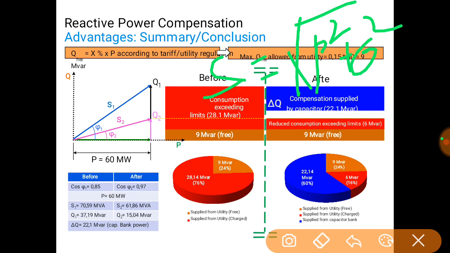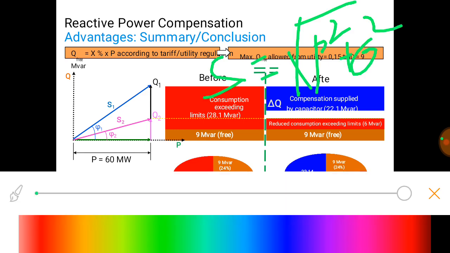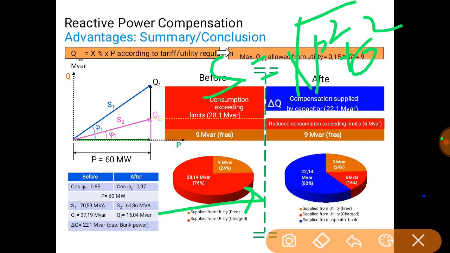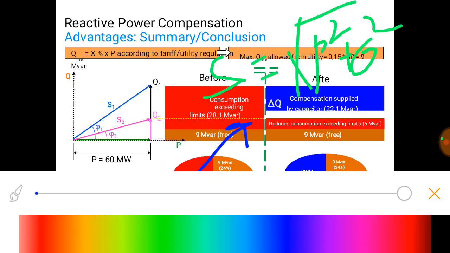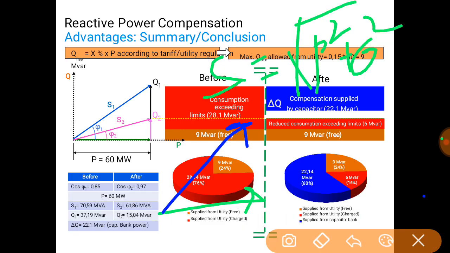P is here, S is the resultant, and Q is given by this. For this angle, we know cos phi, then we find out the angle phi and calculate with the formula,